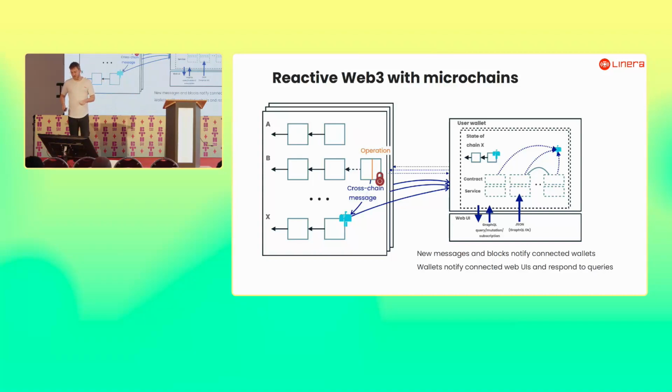It doesn't require complex cryptographic systems like zero-knowledge proofs. It's fairly natural to program in this because from the point of view of the web UI, you are just querying a local service that is using standard Web2 concepts like GraphQL or JSON. And that's what we do.